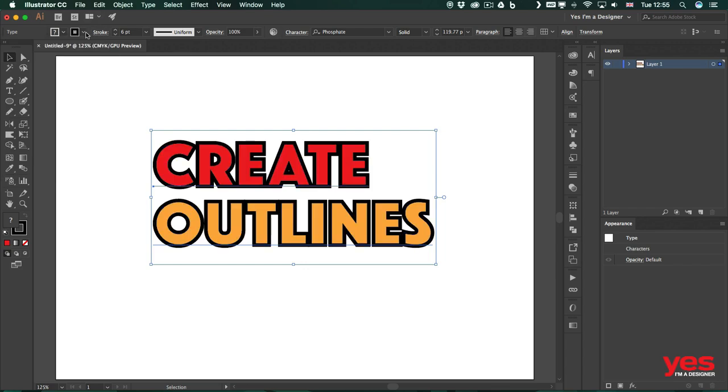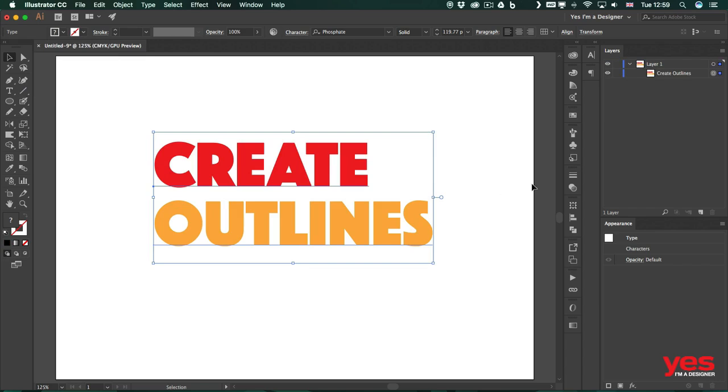Instead of applying the stroke from up here, I would recommend to do it in a different way. So I'm going to actually set this back to none. Remember our good friend, the appearance panel. So that's the key here. That's where we need to go. And notice that I have two different colors in this text object. So we have red on create and orange on outlines. That's again something that we will have to sacrifice for the greater good, to be able to add the stroke